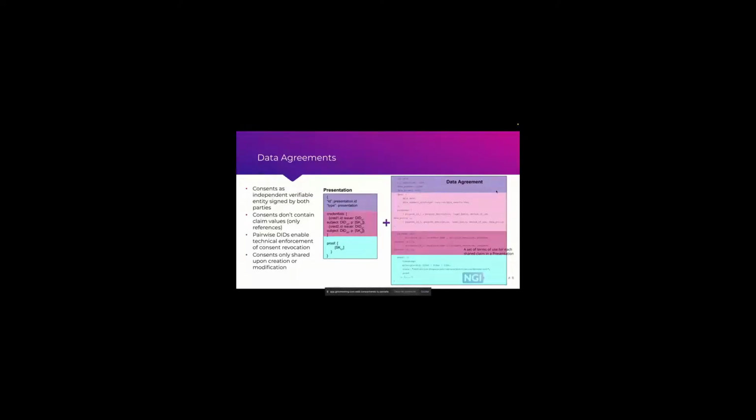We wanted some kind of technical enforcement document, or technical effort, to keep track of the relationship between the verifier and the holder once the data has been shared: which data I gave. It's very tied to a presentation, and once I gave that data, what the verifier can do with it, how long he can keep it, and so on. That's the main rationale behind the data agreement.